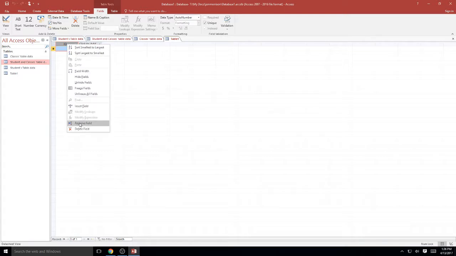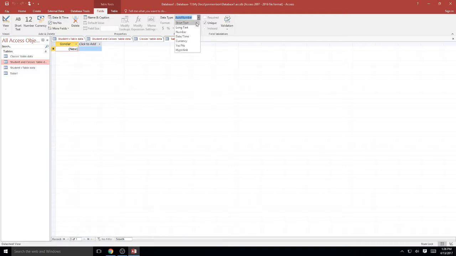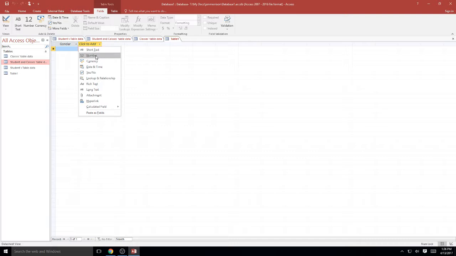Right-click it, go down to Rename Field, and you can type in whatever you'd like. That one is an auto number. The first one's always an auto number, so you're going to want to change that to short text or number, long text, whichever suits your needs for that field. Next, you click on this one, you can go short text or number, depending on if you have numbers to put in or if the information you're going to put in is, say, a course name like we're going with today. So I'd do short text for there,